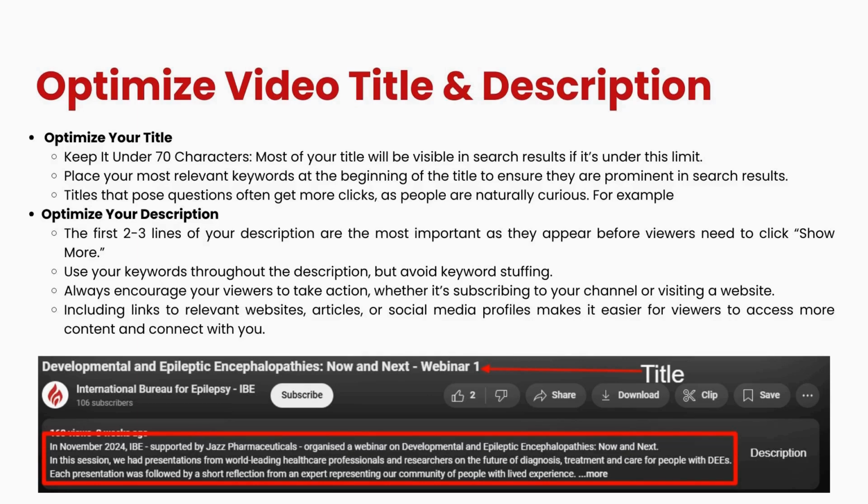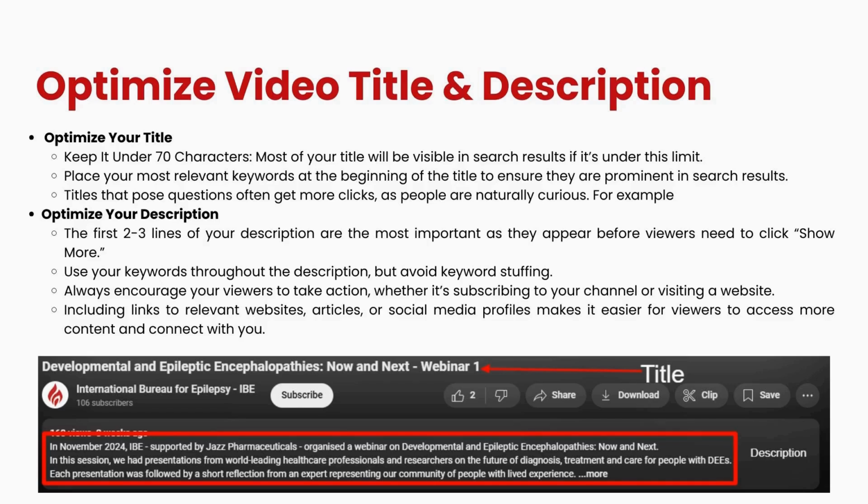Next, you need to add a video description. Start with a concise summary in the first 2 to 3 lines. This is what viewers see before they click show more. Be sure to include your main keywords here. And then use your keywords throughout the description, but do so naturally. Don't overstuff. For example, you could say, in this video, we break down the symptoms, causes, and treatments of epilepsy,